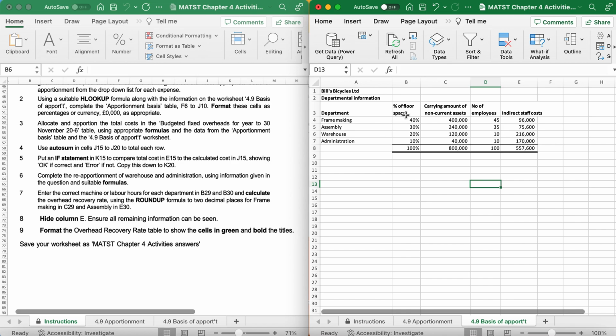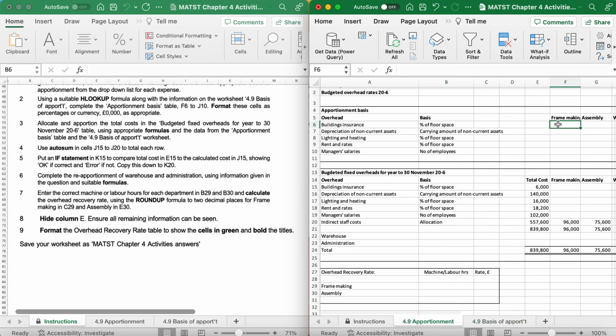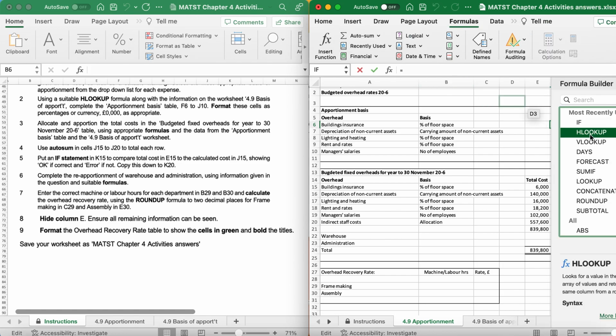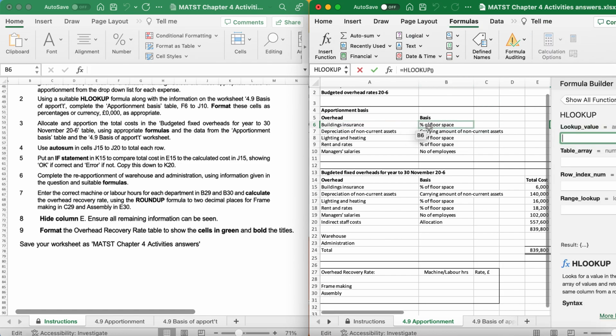So the whole point of why I'm explaining this, as you can see, the headings are here, which means I'll be using row 2, row 3, row 4, and row 5 when choosing what row to relate it to. So I'm going to go to the cell F6. I'm going to go to formulas. I'm going to find HLOOKUP. What am I looking for? I'm looking for